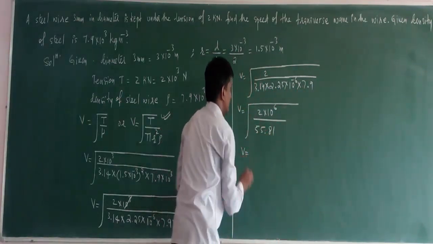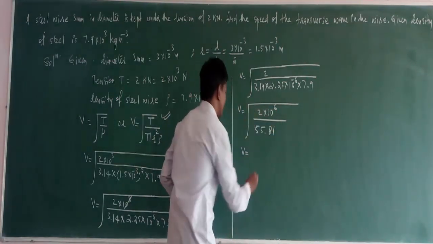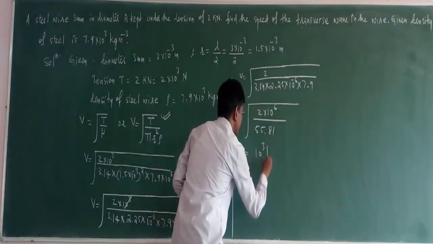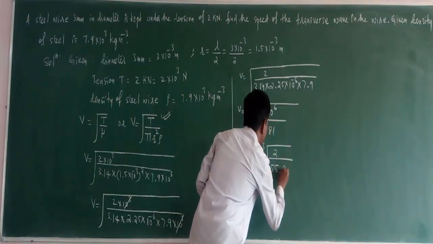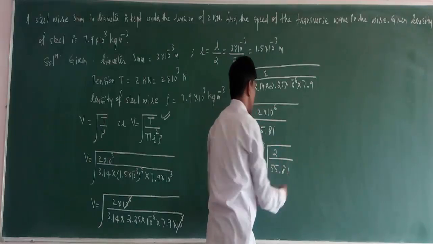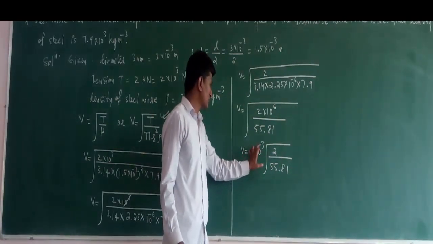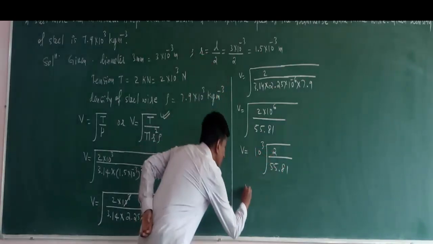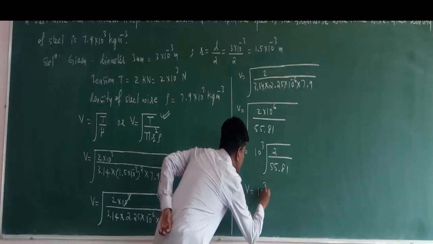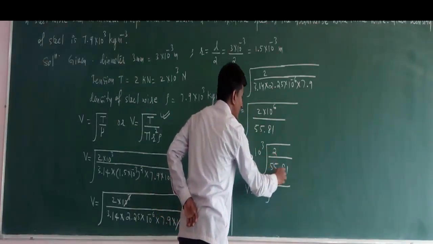Then V is equal to, take this 10 raised to 6 outside from the root, then it becomes 10 raised to 3 times root of 2 divided by 55.81. Once you divide 2 by 55.81, you get